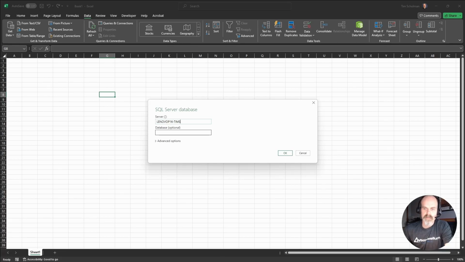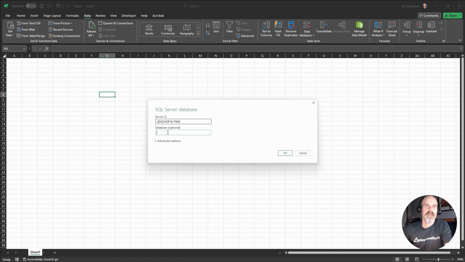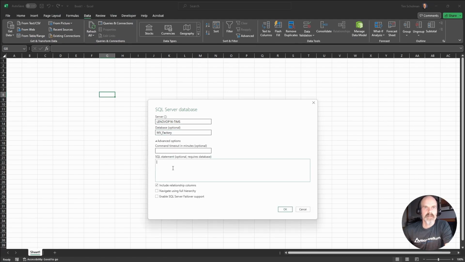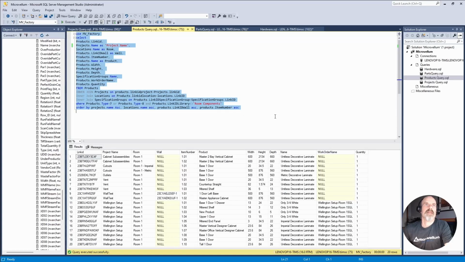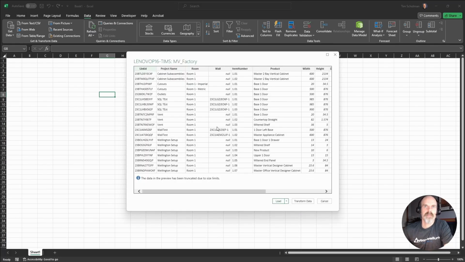The database name says it's optional, but it'll tell you that you can't move forward without it. So the data catalog, that is the database name. So here we'll just put that in. And then under advanced options, this is where we would paste in the SQL text from our SQL query over here in Management Studio. So if we go back to Excel and paste that in as our SQL query, then it's going to give us this list and show us, okay, so here's a preview of that data,